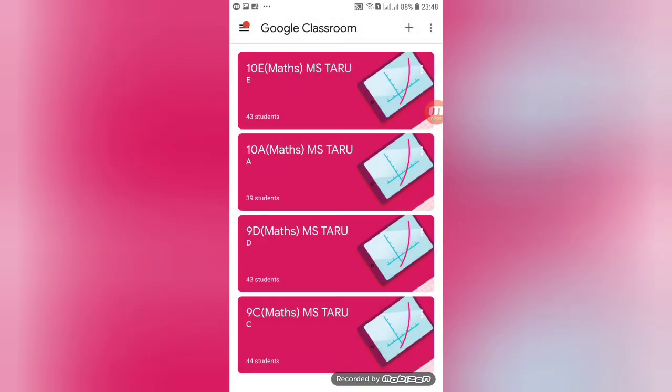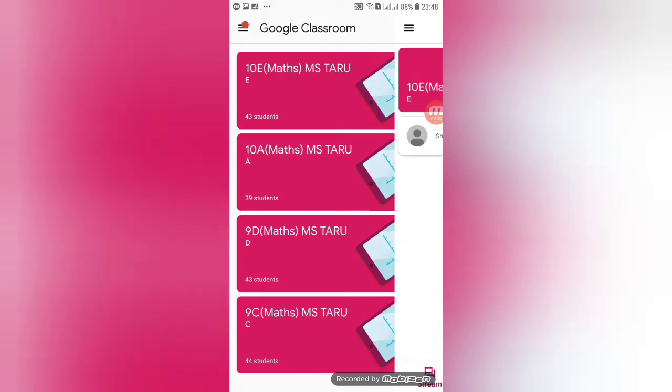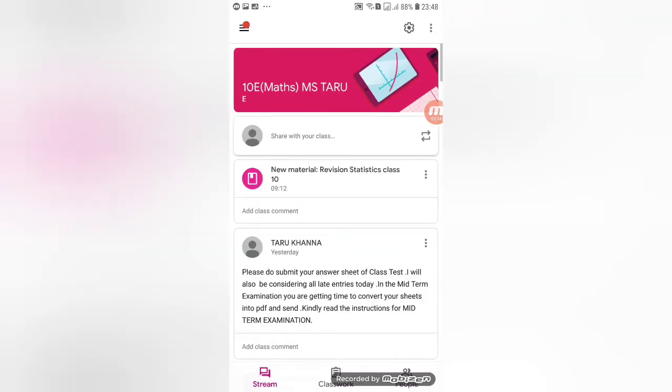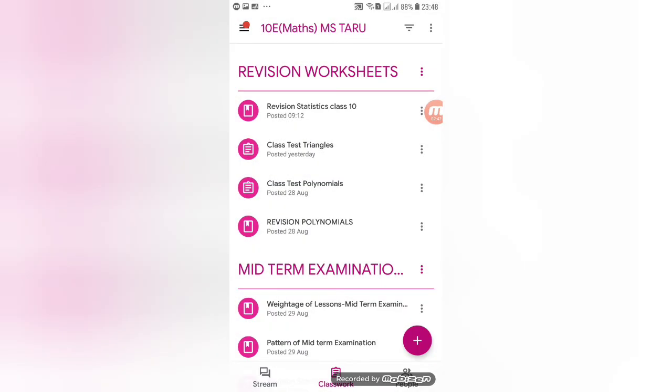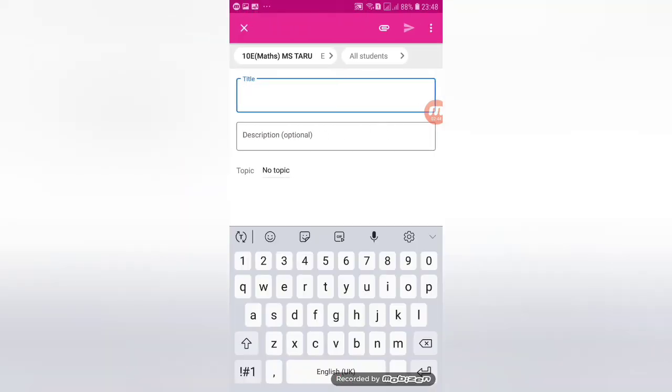I have certain material that I want to post, and I want the students to have it with them beforehand, before I start the class. For that purpose I will go to this class and go to Classwork, press the plus sign, and since it is material to be posted, I will write the heading of the material.